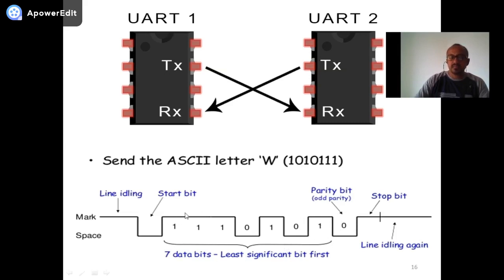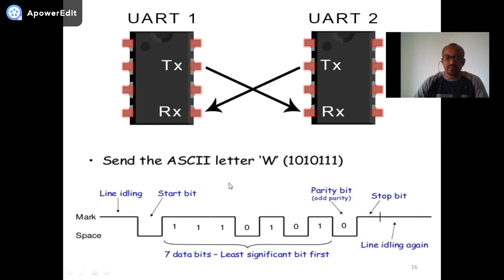As you can see here, I am pointing at the data bit stream using the cursor. In this data, 1, 2, 3, 4, 5 ones are there, which means they are odd in number already, that is why 0 is added. And at the end, to mark the end of the communication, a stop bit is added. Stop bit means this line at the end is brought to high for a longer duration. So this shows that this is the end of the communication, stop.